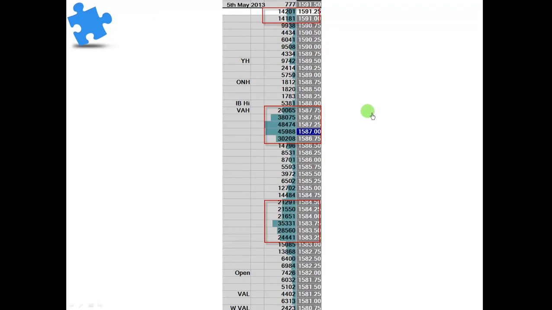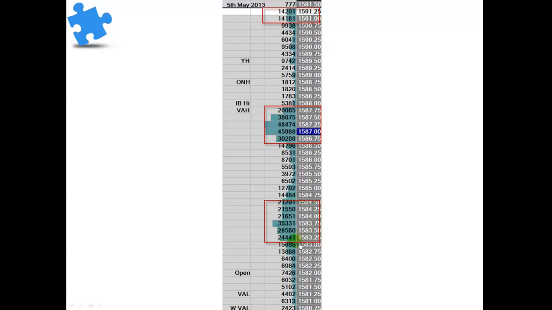Okay, so I talked a few minutes ago about something called price acceptance. And this slide shows a typical day, typical opening move on the ES. We opened at 1582. We've obviously taken a little look down to the bottom. We went down through yesterday's value area to the weekly value low, tested that. Market didn't want to go down any further. And as it moves up, people are going to see that we've rejected that area and actually start to buy. And what we can see is as we move up,